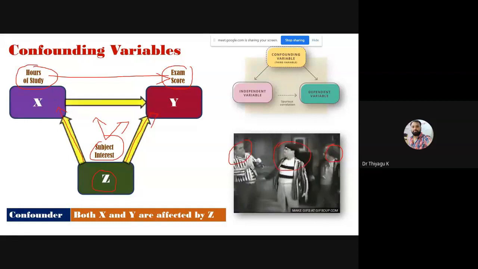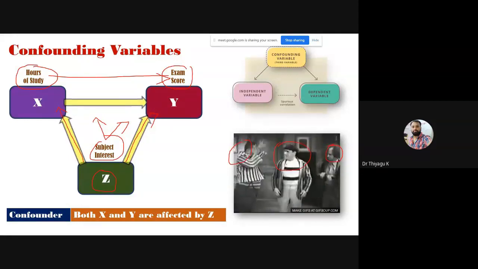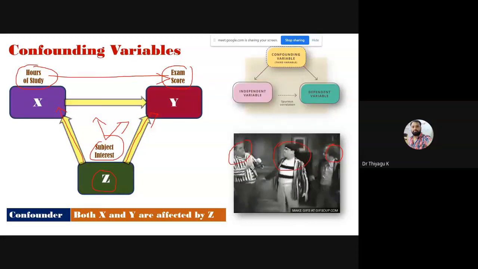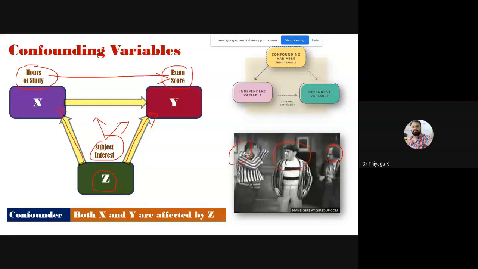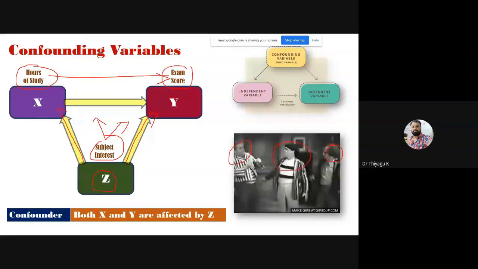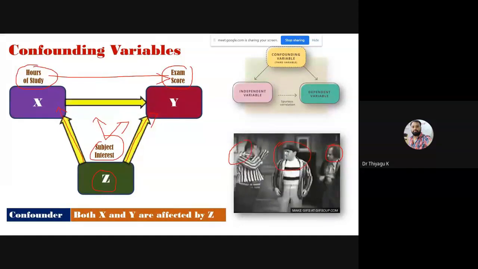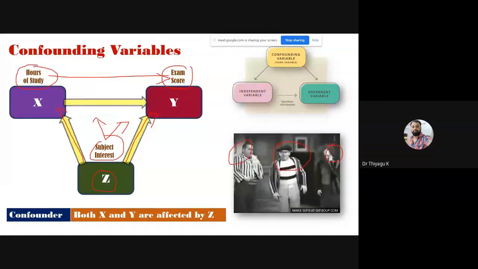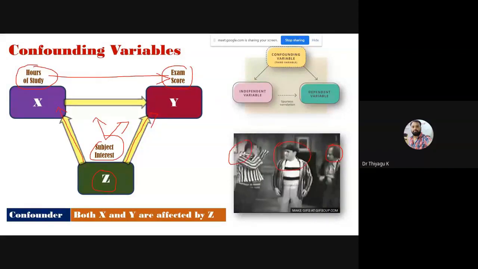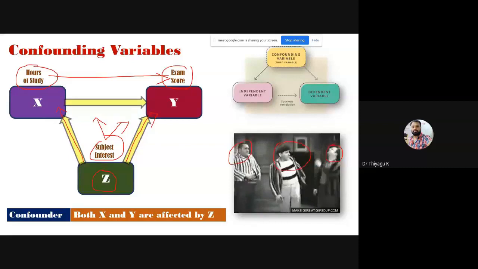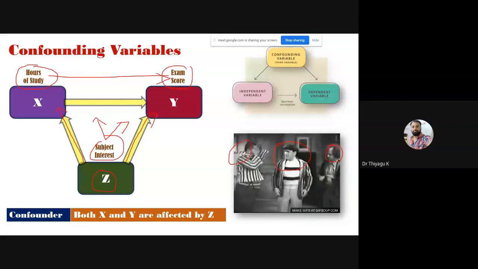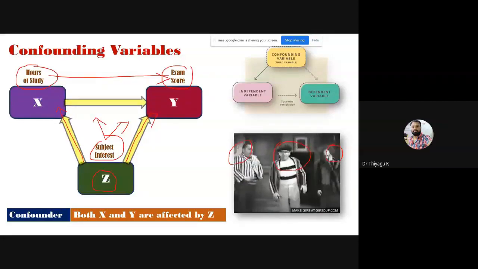Yeah, of course. Not all environmental factors are confounding, because some environmental factors may influence only the independent variable or only the dependent variable. Kindly check which variable it may be influencing. Based on that, we cannot consider all environmental factors as confounders. The environment might be a third variable, Z, but we cannot conclude that every Z is a confounder. Sometimes it may act as a mediating variable, sometimes as a moderating variable also.